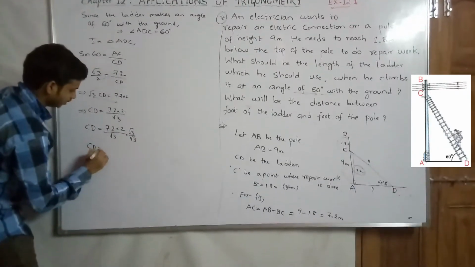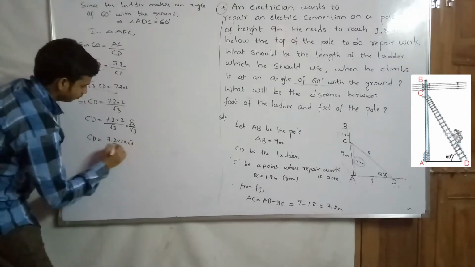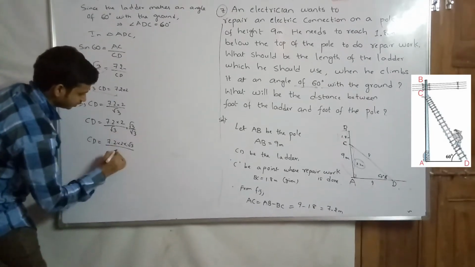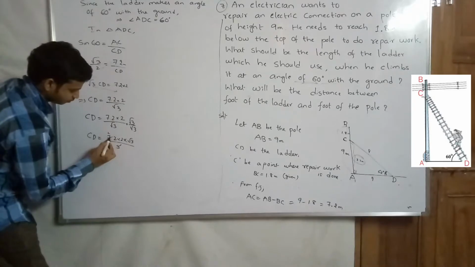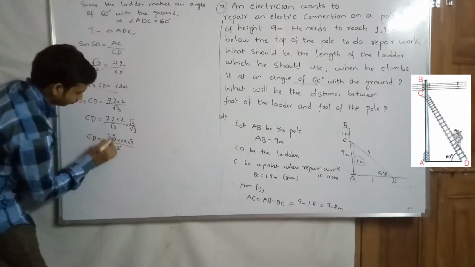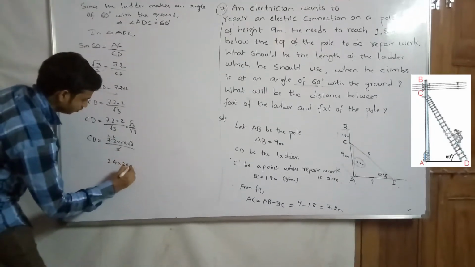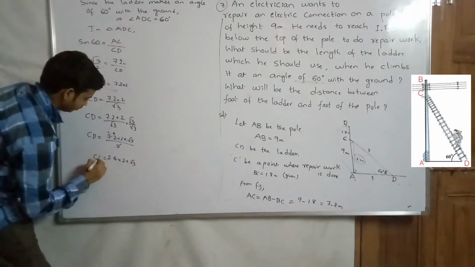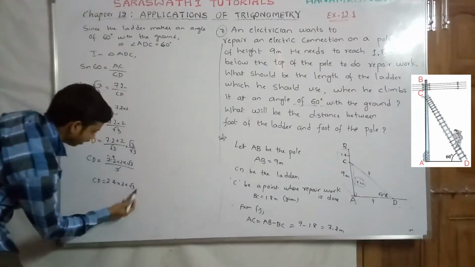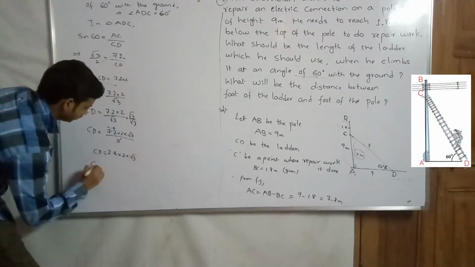Okay, so it implies CD equals 7.2 into 2 into root 3 by root 3 into root 3, which is 3. So 3 2s are 6, 1.2 that means 12, 3 4s are 12, that means 2.4. So 2.4 into 2 into root 3. Root 3 value we know, we can substitute 1.732. So CD equals